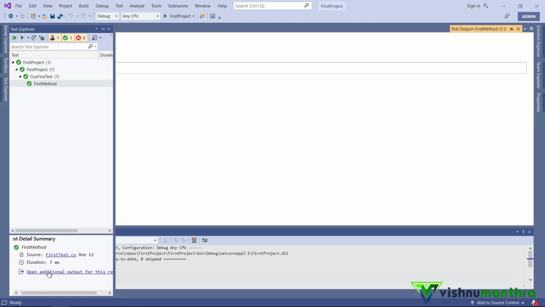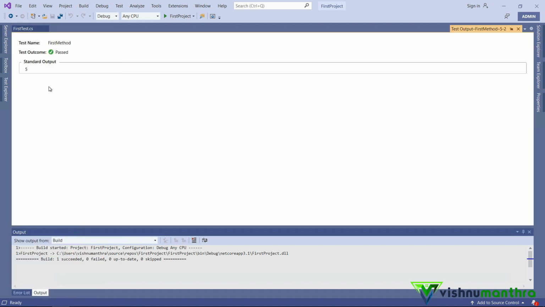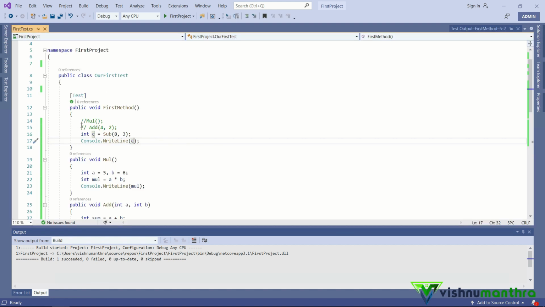Okay, my test execution got completed, and you can see the result here. So now we saw the different ways by which we can declare and implement a method. We saw that we can have parameters passed, without parameters, with return type, and without return type. Okay, now we will see what method overloading is.